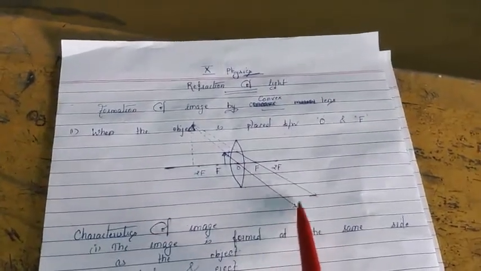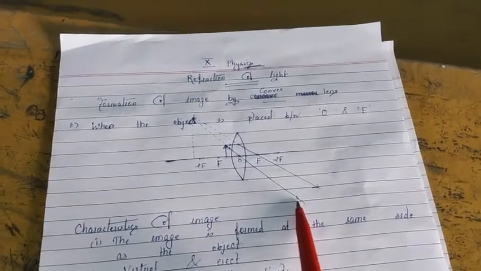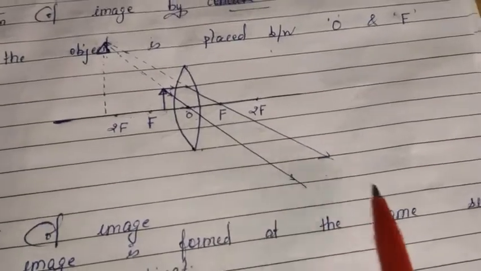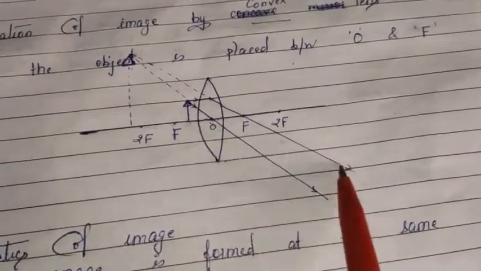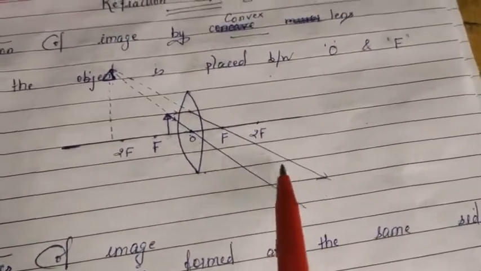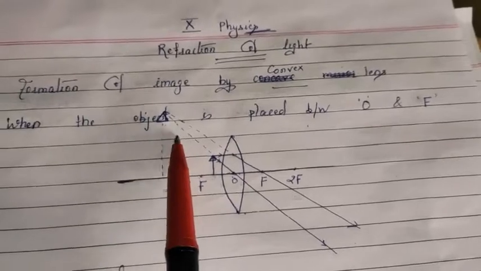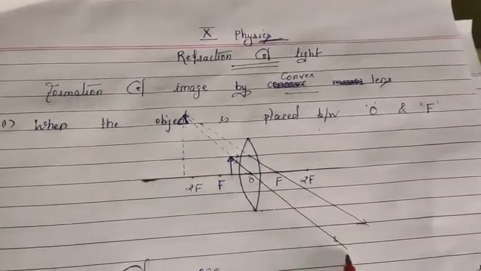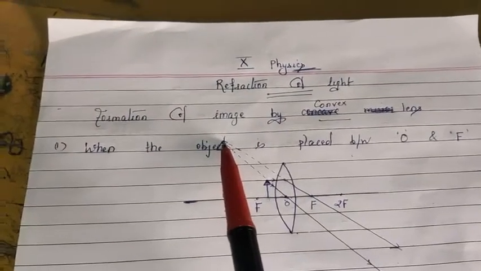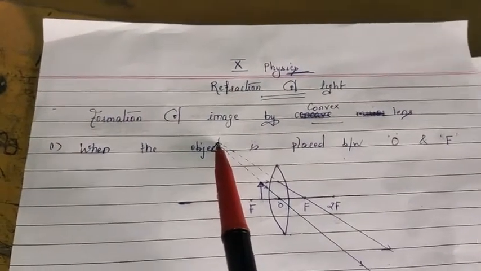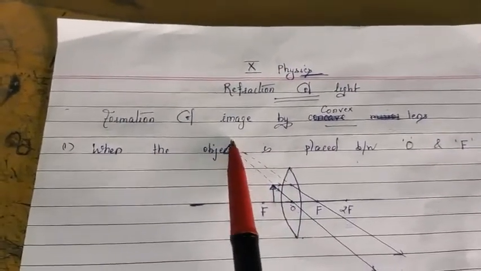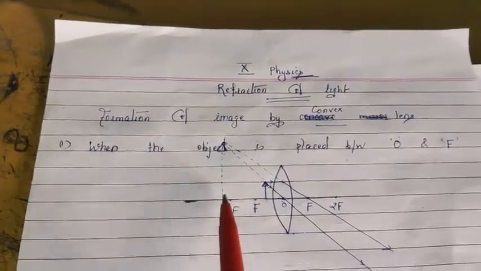So there are 2 refracted rays. If we see very close to the diagram, then we will see that these 2 rays are deviated from each other. They will never meet when produced in this direction. That's why we have to produce in backward direction to meet it. So these 2 rays, when produced backward, they will meet here. And if the rays are produced to meet, then we have to draw the dotted line for this. So the image is virtual image.